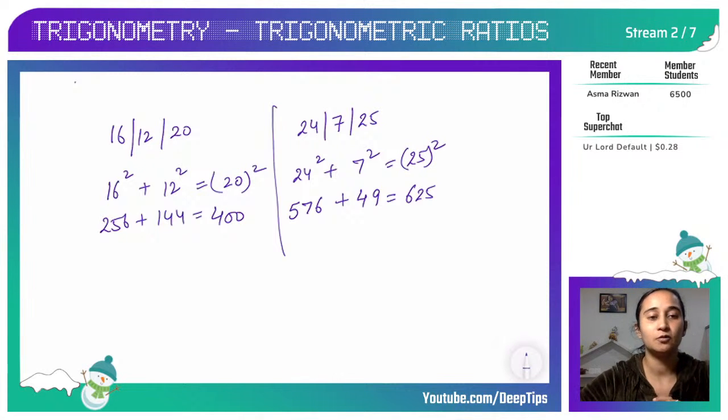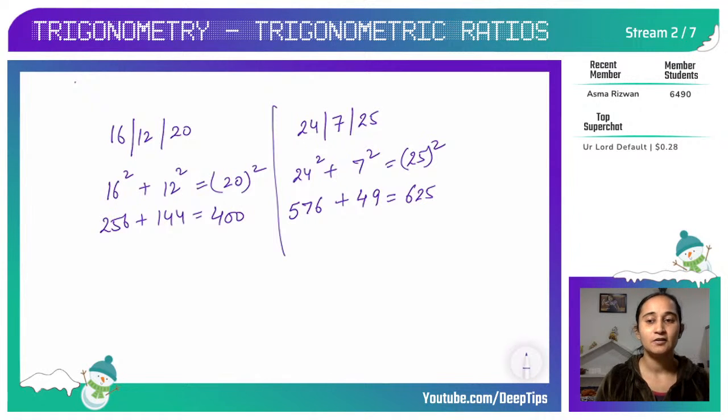Okay, so I want to tell you what is special in today's session. I'm going to do two things today. First thing, we are going to learn about the ratios of different angles that are in the grade 10 syllabus. Starting from 0 to 90 degrees, if you look at the curriculum of grade 10, we have 0 degree, 30 degree, 45 degree, 60 degree and 90 degree. These few angles whose ratios you learn, right? But many times children just mug up the values of these ratios, but they don't know how they are derived. So my main agenda of today's stream is to derive the values of these ratios.